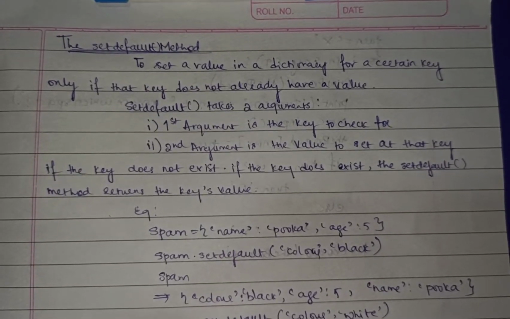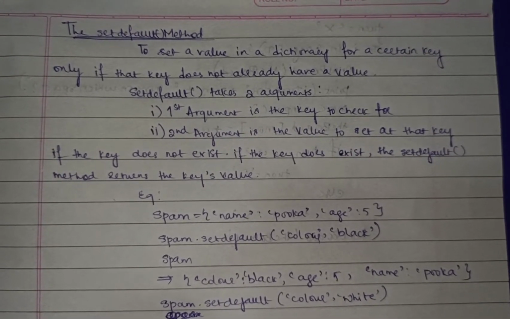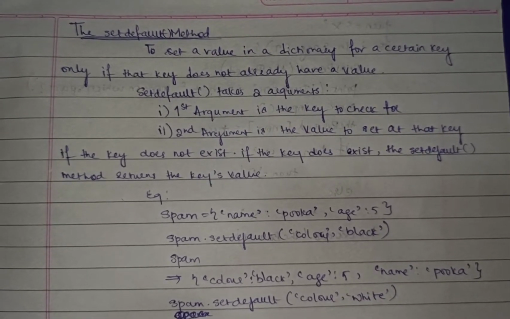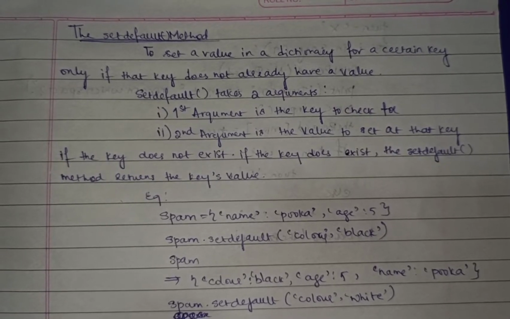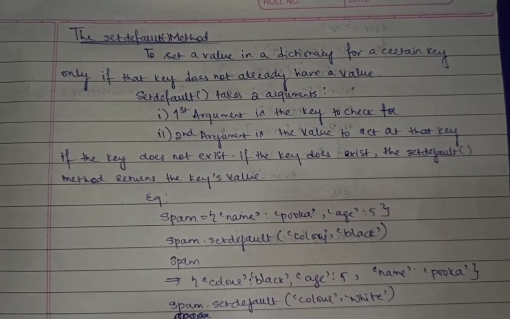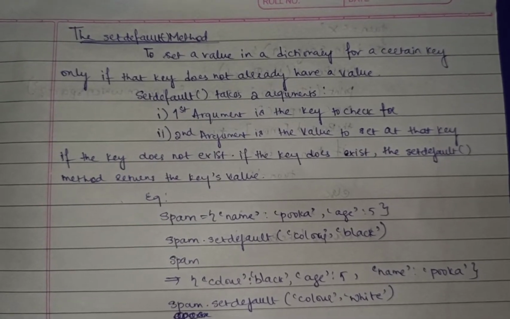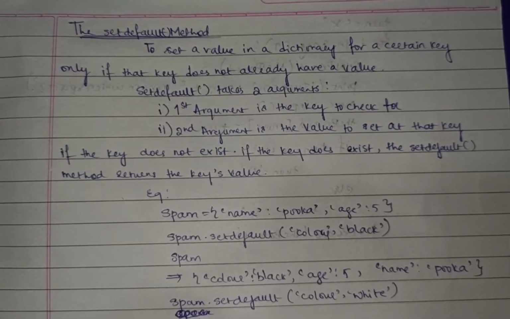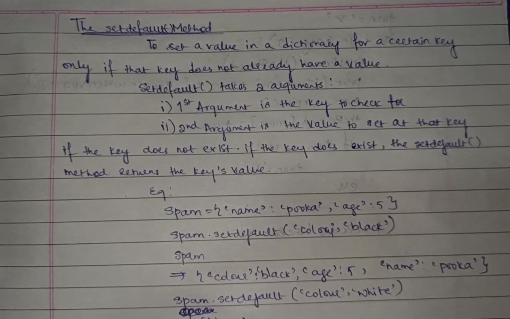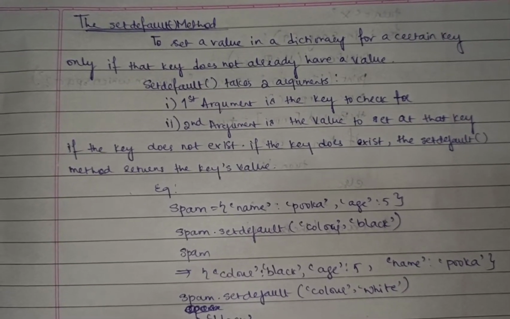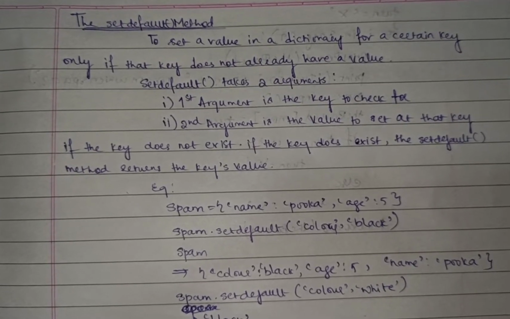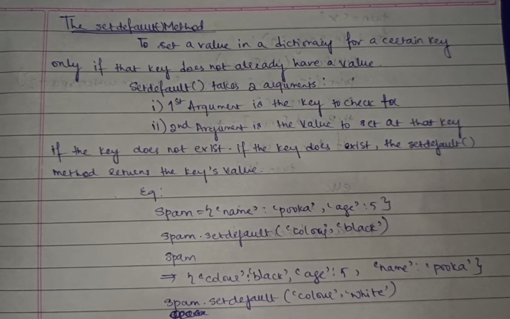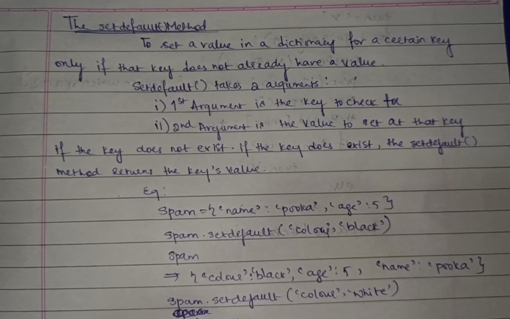Now coming to the next method, that is the setdefault method. A setdefault method in a dictionary is used when you want to add a key-value pair that is not there in the dictionary. Suppose you want the value of a key to be assigned. If the key is not present in the dictionary, it will assign the value that you want to set. Suppose the key is present and there is a value associated with the key already in the dictionary, it won't set it according to what you have given with the setdefault method. Instead, it will return the value that is actually there with the key.